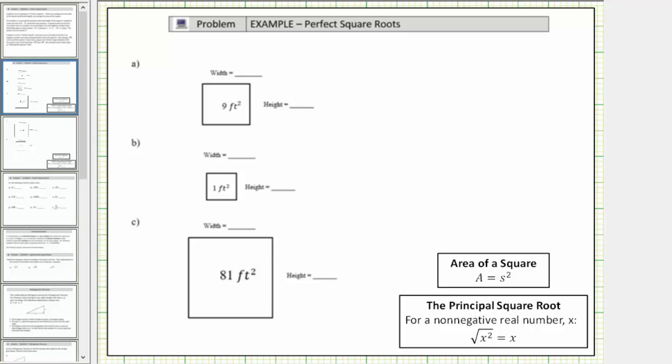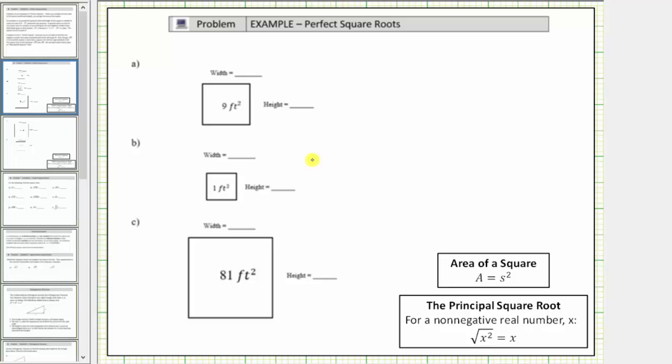In this activity, we are given the area of several squares, then asked to determine the dimensions of the square. However, because we have squares, we know the lengths of all the sides are the same, and therefore for each square, the height will equal the width. Once we find the dimensions of each square, we will make a connection to the principal square root of a